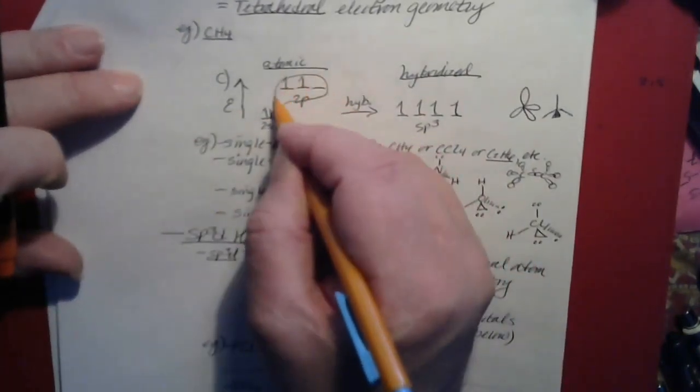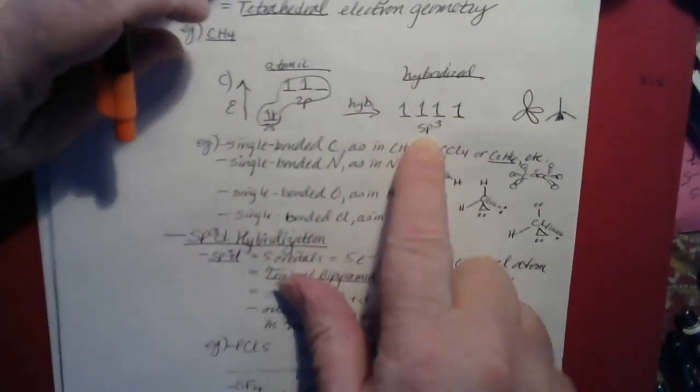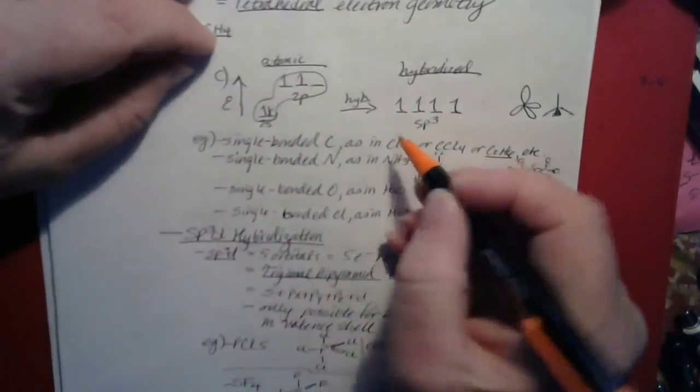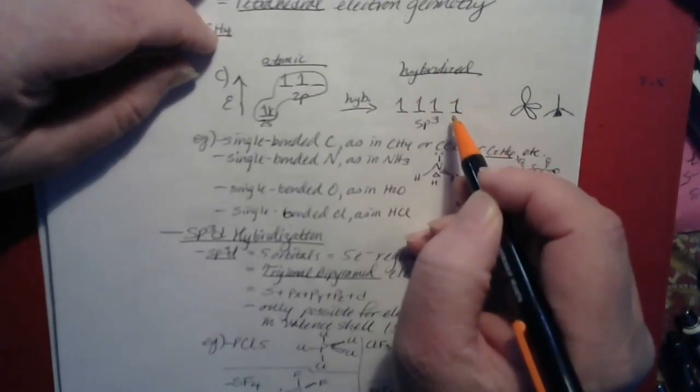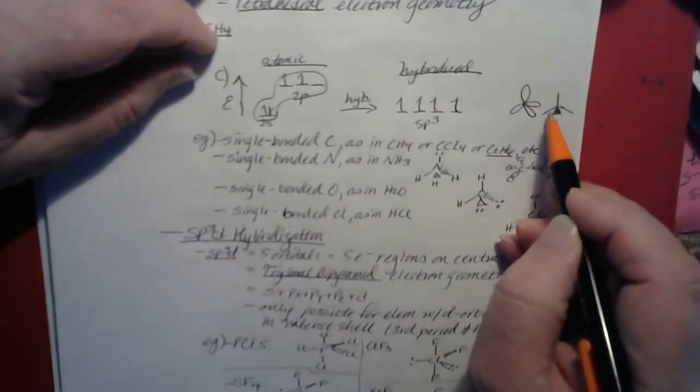When you actually start forming bonds, the orbitals on the carbon atom will hybridize into sp3 orbitals. So the s orbital and all 3 of the p orbitals will hybridize into 4 sp3 orbitals of equal energy and equal shape and equal size, each of them occupied by 1 electron. And because of that, now carbon can form 4 bonds. And the arrangement, again, would be tetrahedral,